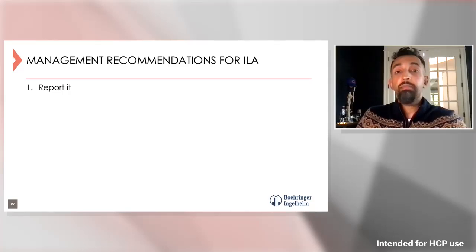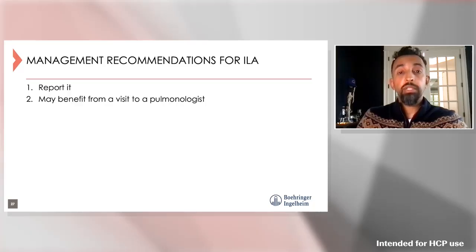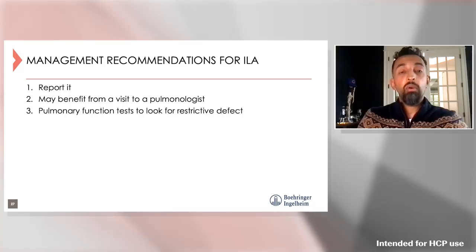At this point, this patient may have an incidental chest CT, never be seen by a pulmonologist. So the next thing that I'm going to dictate is this patient may benefit from a visit to a pulmonologist where PFTs can look for restriction. That may be the earliest time point that you are seeing restrictive lung disease. I would argue we're in the earliest point of reporting ILA. So maybe we're seeing it on the CT side before the pulmonologist is seeing it on PFTs. So that's why it's really important that we're identifying these patients and potentially following up with these patients.